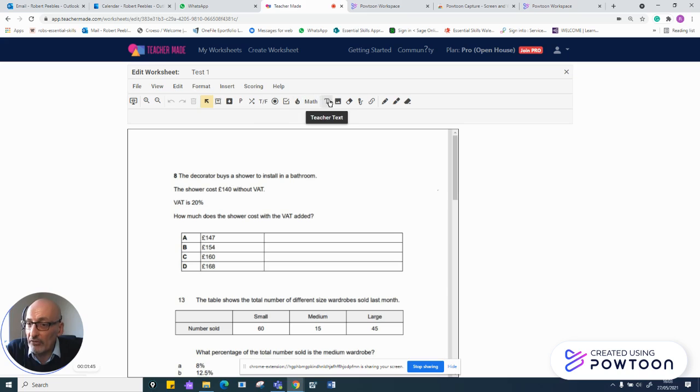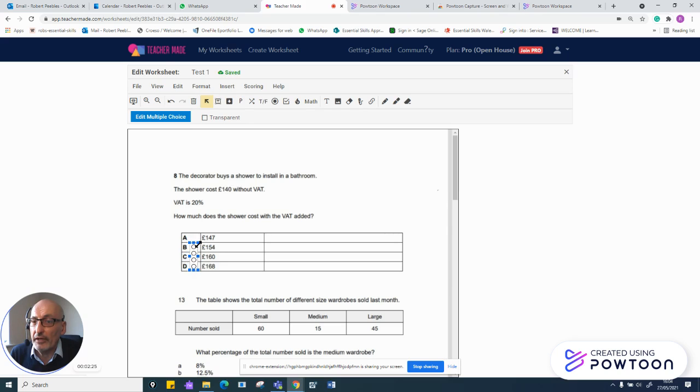Okay, teacher's text, you can put a bit of text in there if you want as the teacher, and they can put images or draw in there, highlight different words depending on what they want to do. All right, so they've got choice while they're doing the test. So first thing we've got to do, with this it's a multiple choice, so they've got one out of the 4 to get right. So don't use the check boxes, use the multiple choice. There's 4 choices, so we click and we've got our 4 little check boxes. So let's position that